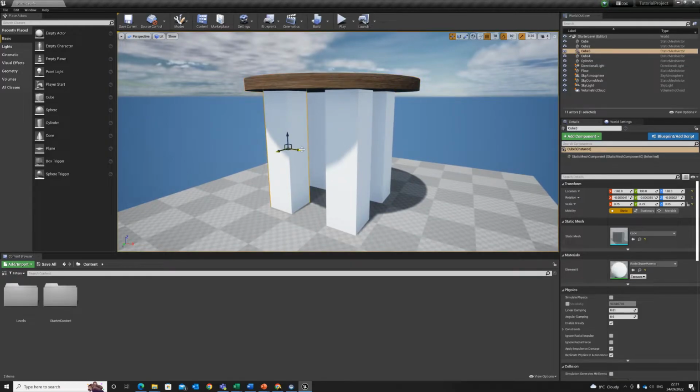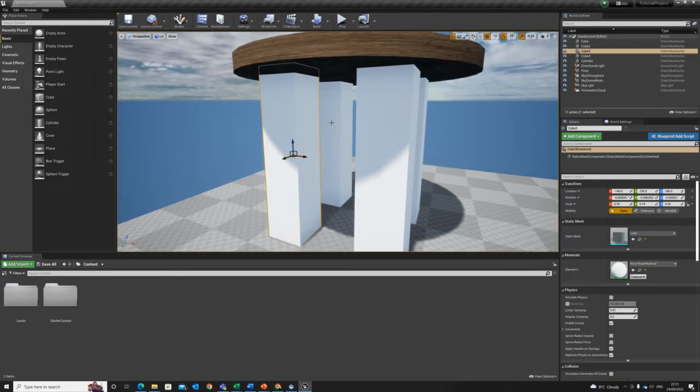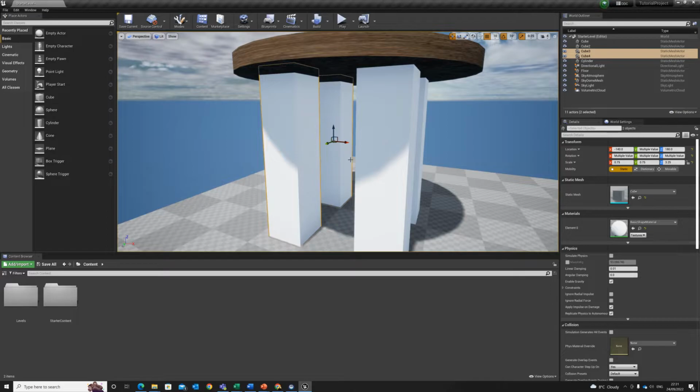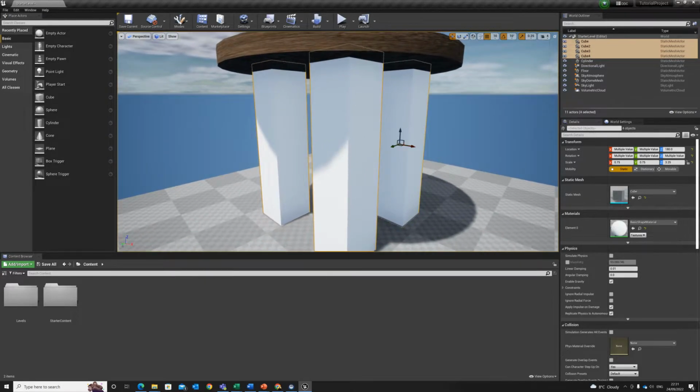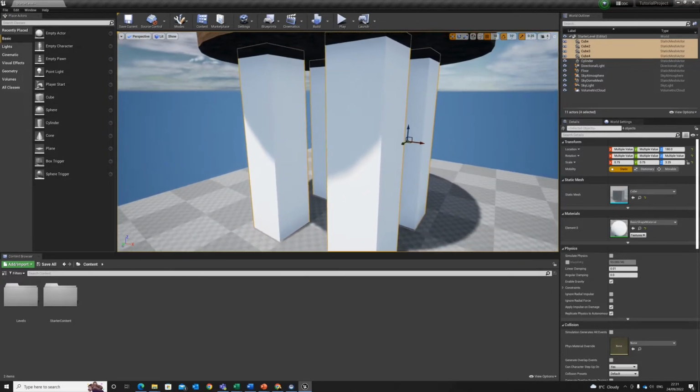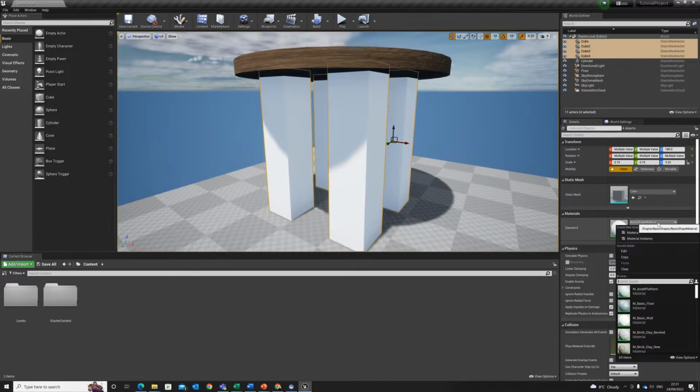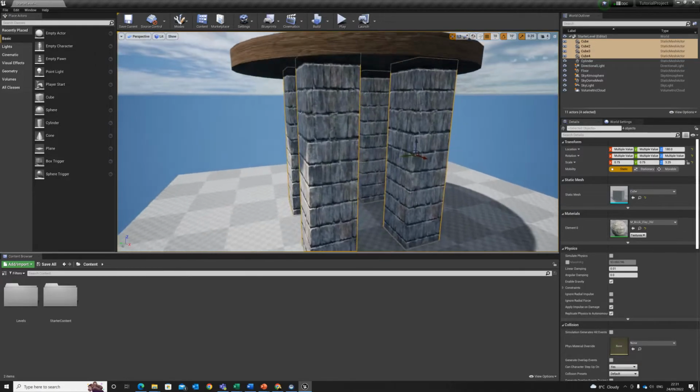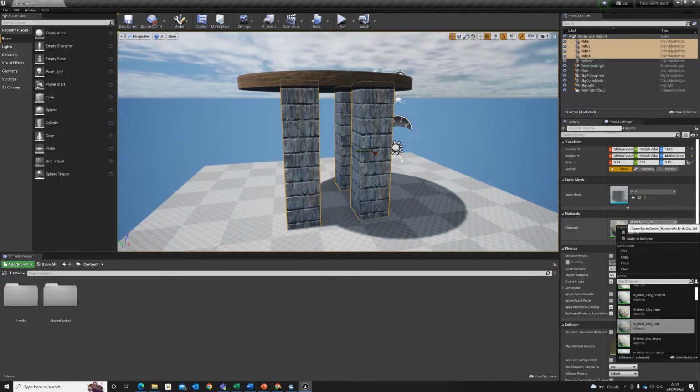So let's look at adding a texture for each of these pillars. Because these have all got the same texture, you can quite easily hold shift and click them all to edit them all at the same time. So I'm going to click the material again, and this time I'm going to scroll down, and let's say this brick texture here. I'm not a fan of that one actually. Let's go for